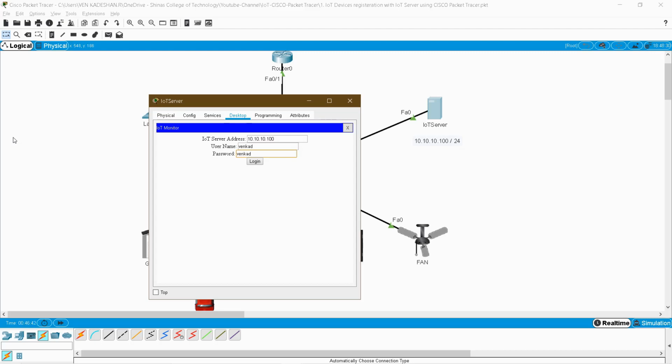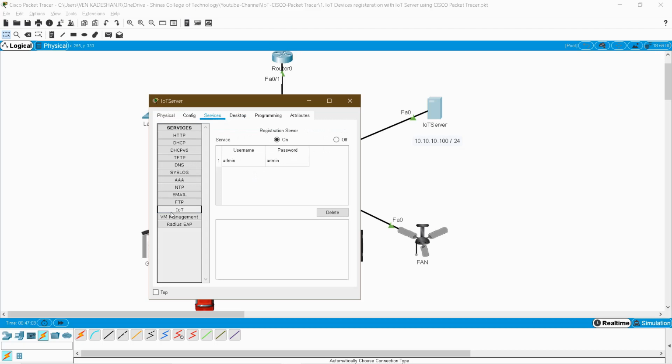There is no such username and password, so here you have to choose sign up for creating a new account. Here Venkat is my password, so create it. Once you have created it, go to services and again click IoT service. Here the account Venkat is created.